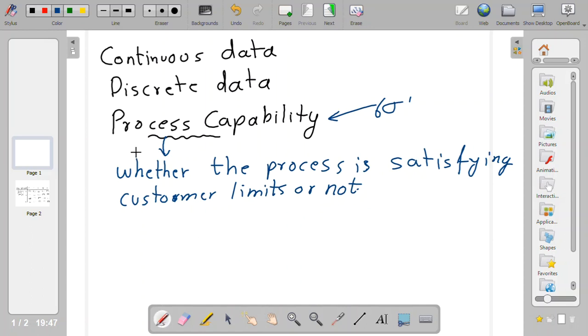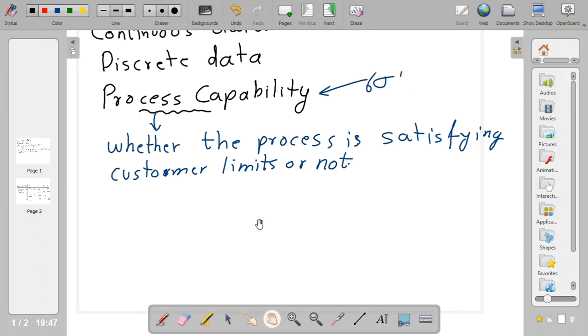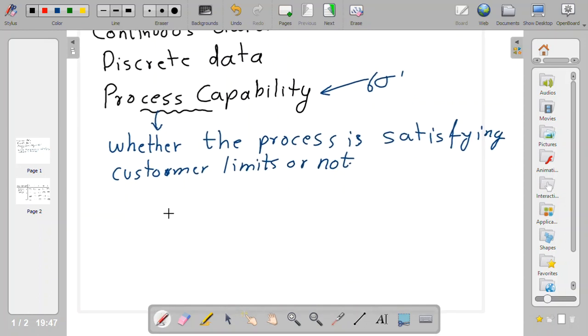So before checking process capability, we have to check whether that process is really under control or out of control. Now what does control and out of control mean, okay? So in the problem also they will ask you to find out whether the process is in control or not in control, and after that they will give you some specification limits. From that you have to find process capability, okay? So without any further delay I think we should start with that, okay? Let's get started. Otherwise, let me just give you an example, okay?